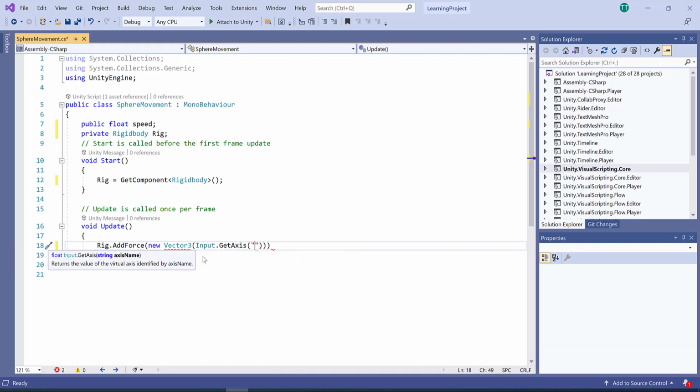This time we are going to get the horizontal axis, and just be careful while writing the spelling. The spelling has to be the same because it represents the input manager. It represents the particular inputs on the x-axis, and horizontal means you can make use of the A and D keys, or you can make use of the arrow keys as well. GetAxis multiplied by speed,